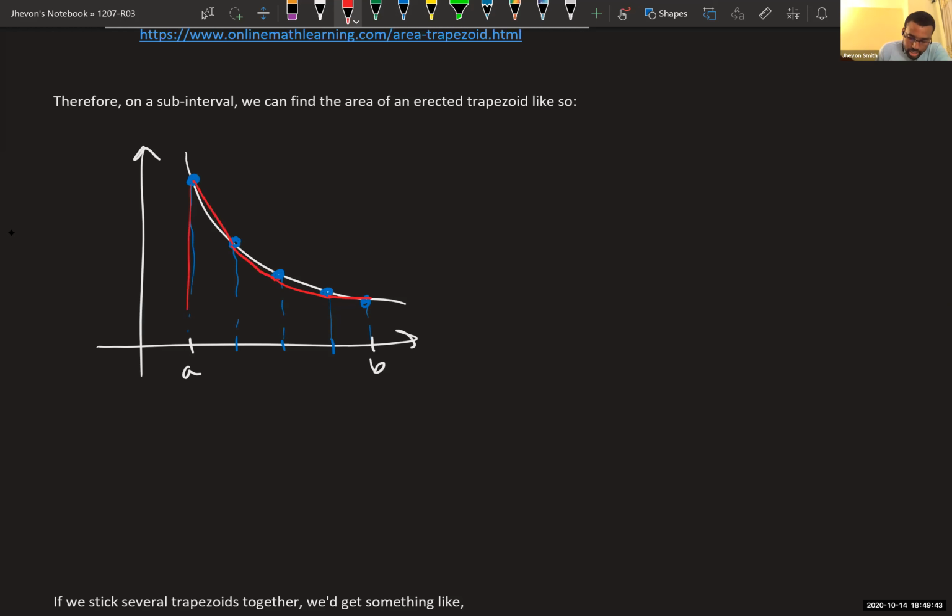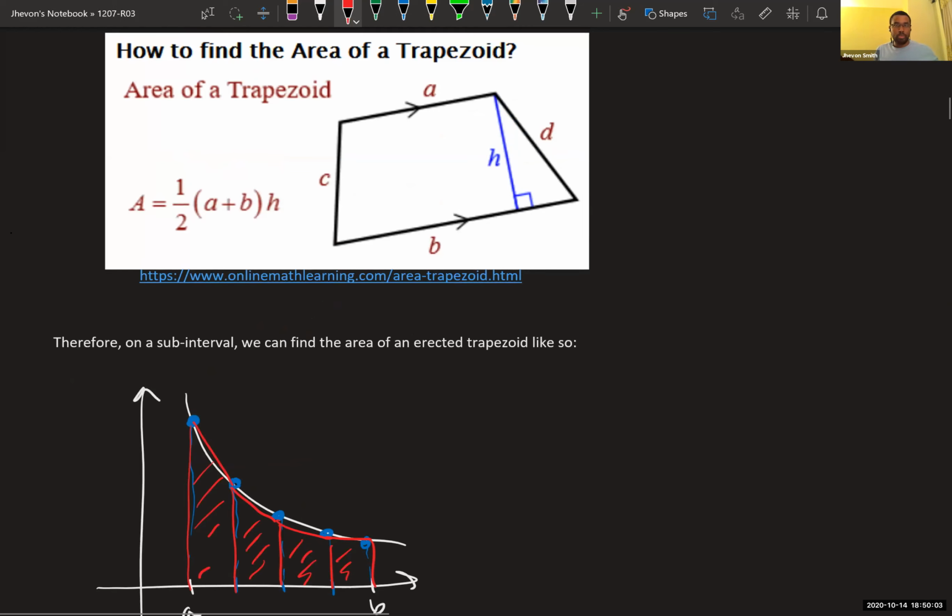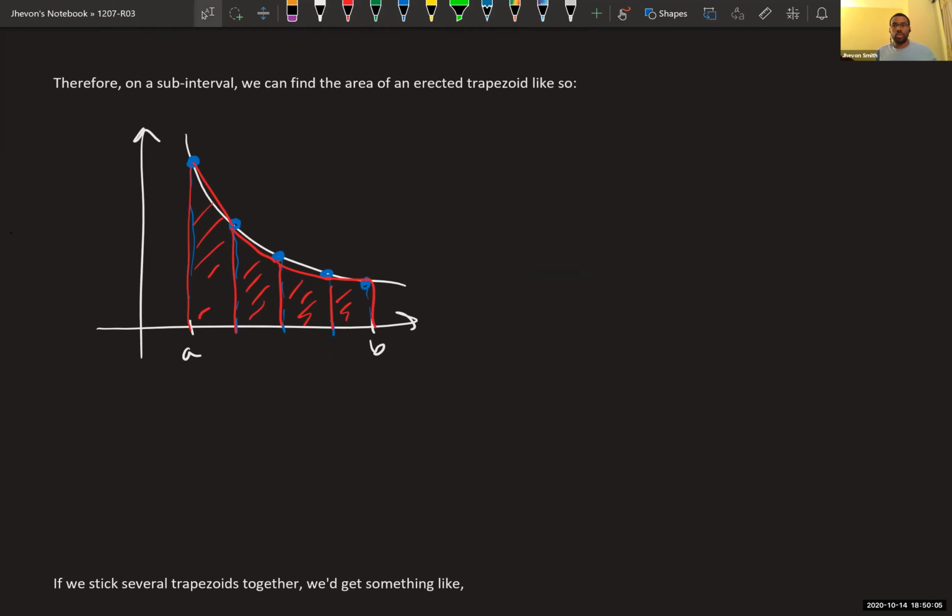You'll notice that this creates a bunch of trapezoids, right? Like rectangles with a slanted roof. And in this particular example, these seem to hug the curve a lot nicer than any of the previous three methods did. And of course, knowing the area of a trapezoid, we'd be able to figure out the area of each of these.